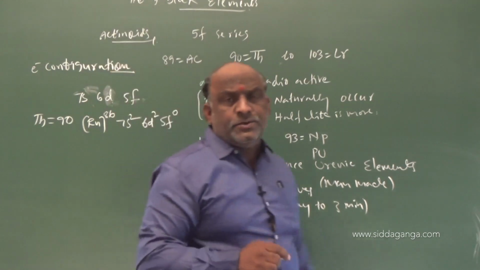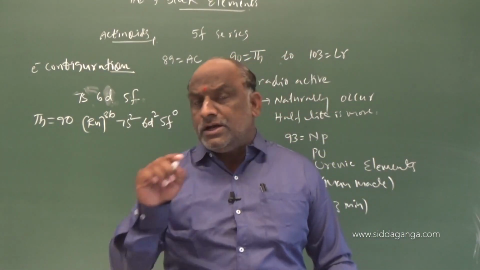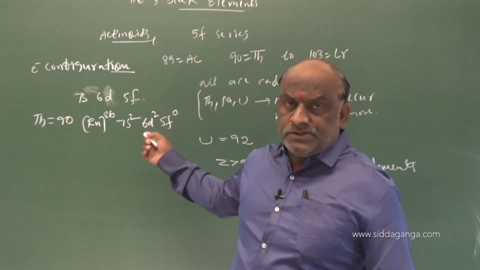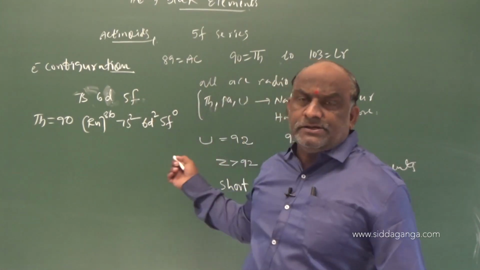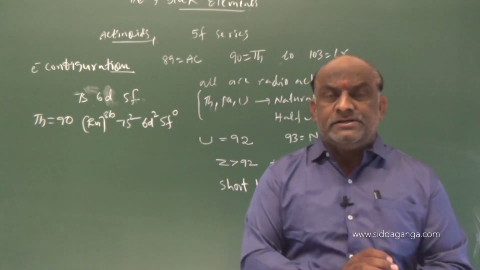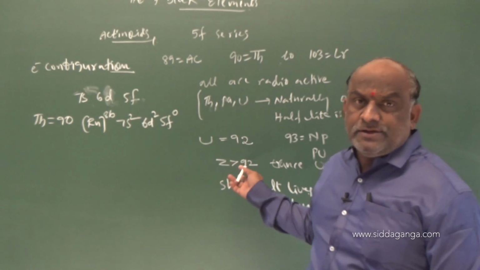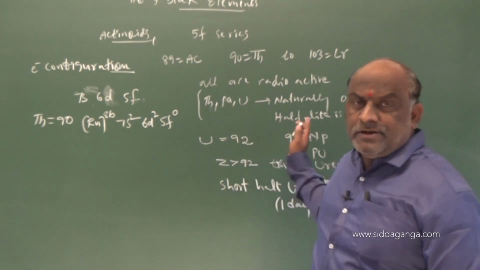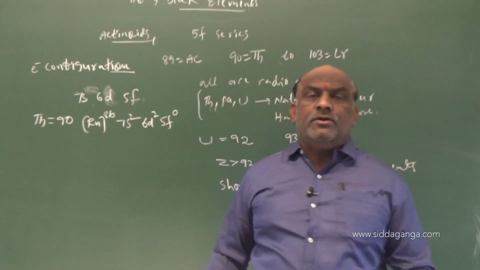This is a very interesting point, my dear students, make a note, this was very important. Thorium belongs to the 5f series, but has an absence of f electrons. All are radioactive elements. The first 3 elements are naturally occurring radioactive elements, the later ones artificial, meaning synthetic, man-made radioactive elements. Due to that, the later elements have short half-lives and the earlier elements have longer half-lives.